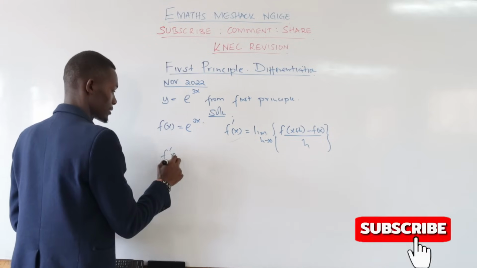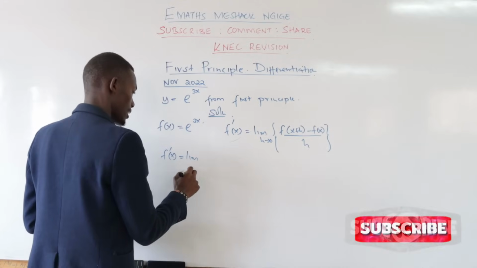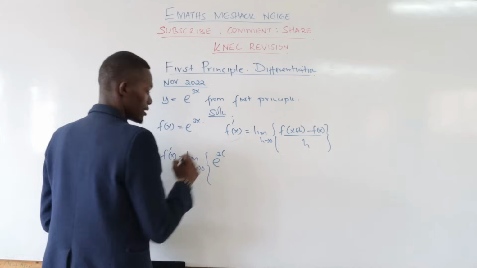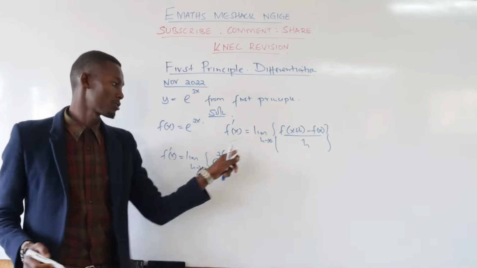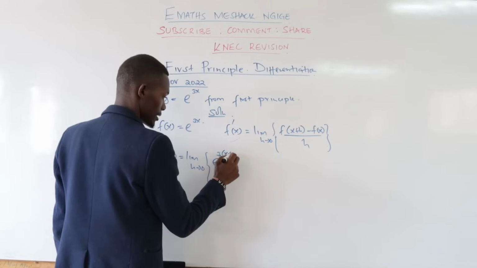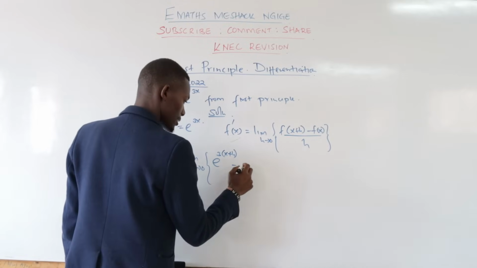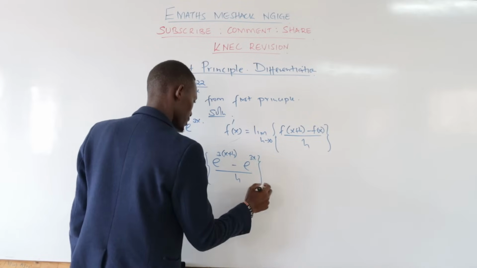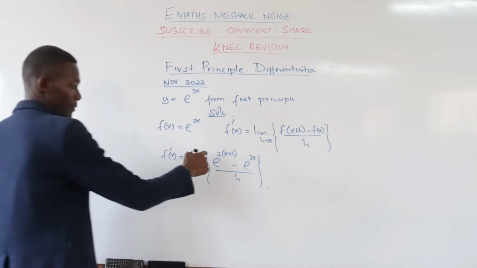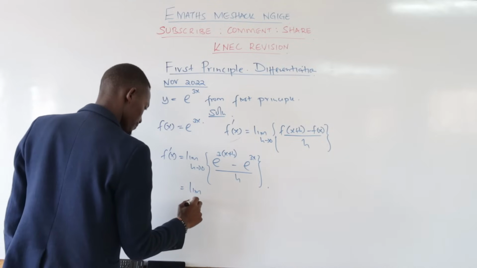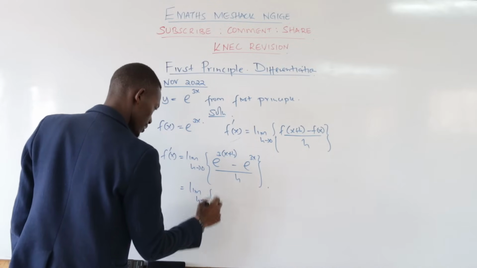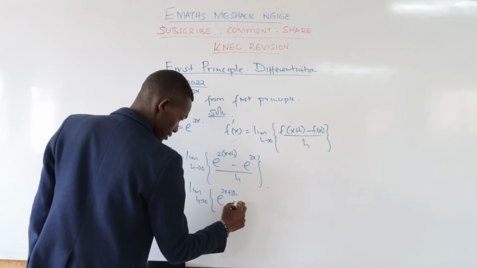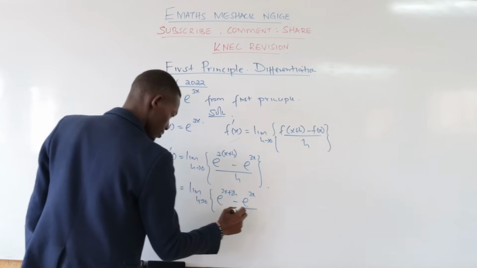So our f prime of x will be given by the limit as h tends to 0, so into bracket. So you have exponential 3, then where you have an x, in this first part you had a what? h. So you have x plus h. Then subtract the original function, which was e raised to power 3x, then you divide by h. Now this can be opened up, and we say the limit as h tends to 0, then into bracket e^(3x plus 3h) minus e^(3x), then all over